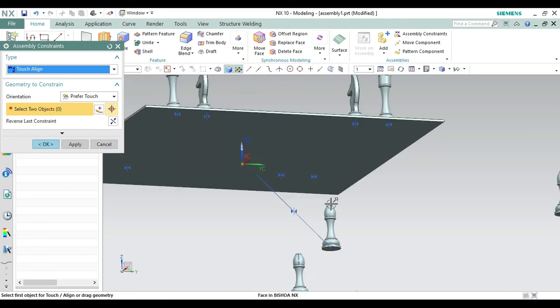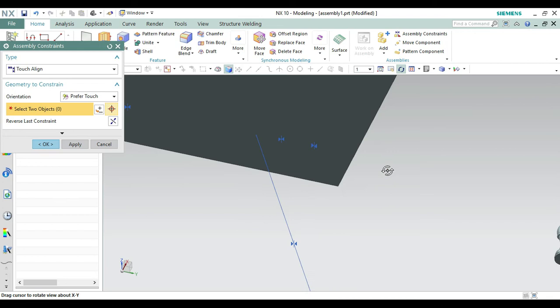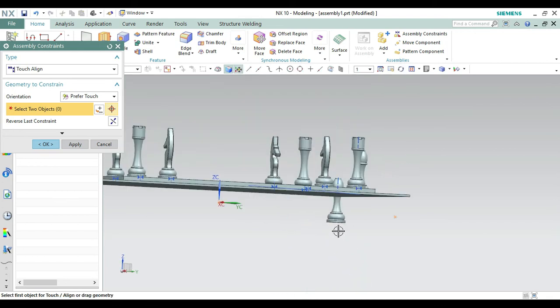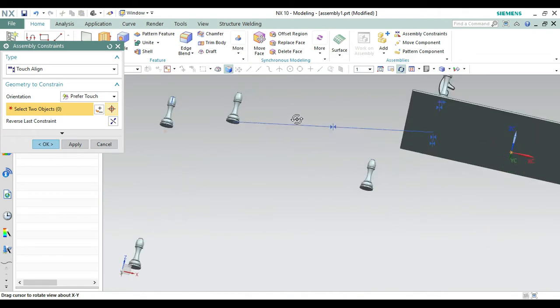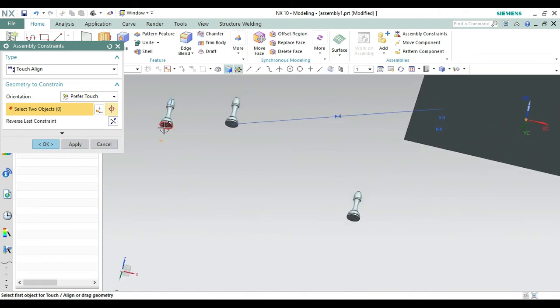So this will get assembled. Again selecting this space. From here we need to select the face like this one and make it okay.